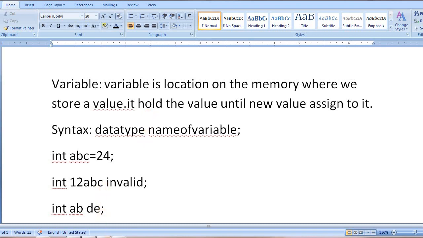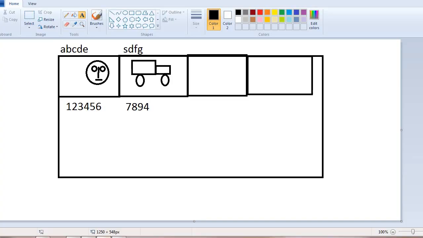For example, while you click any image using your mobile phone, the mobile phone operating system automatically assigns a name to our image.